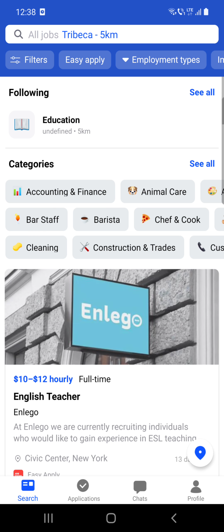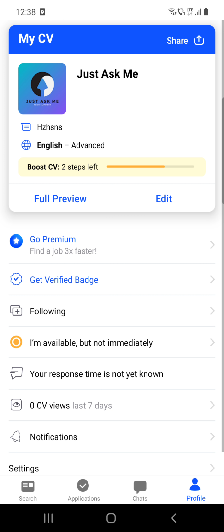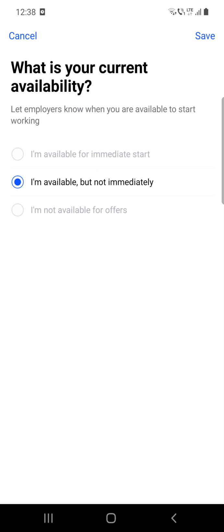So first open the app. After that you have to click on your profile, which is at the bottom of the screen. Then you can see that orange dot, and it says that I'm available but not immediately. So this is my availability right now, but I can change it if I click on that yellow circle, and